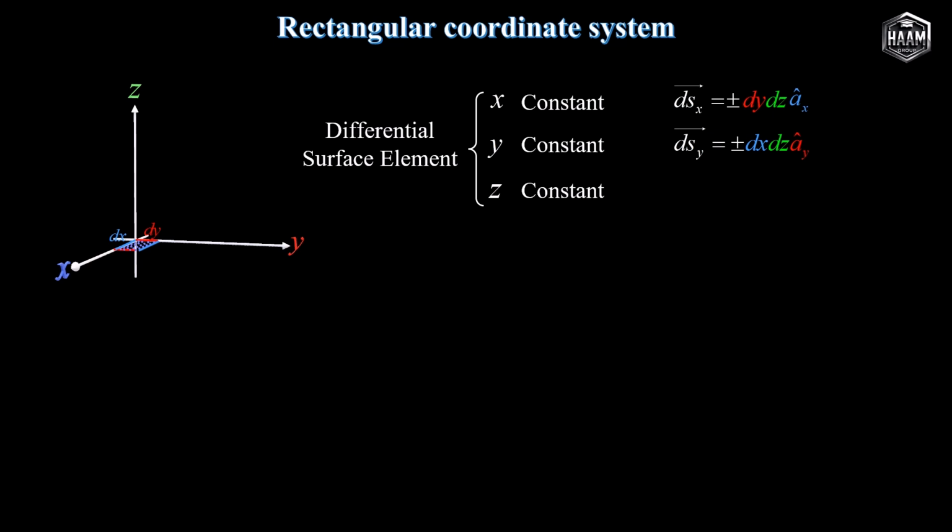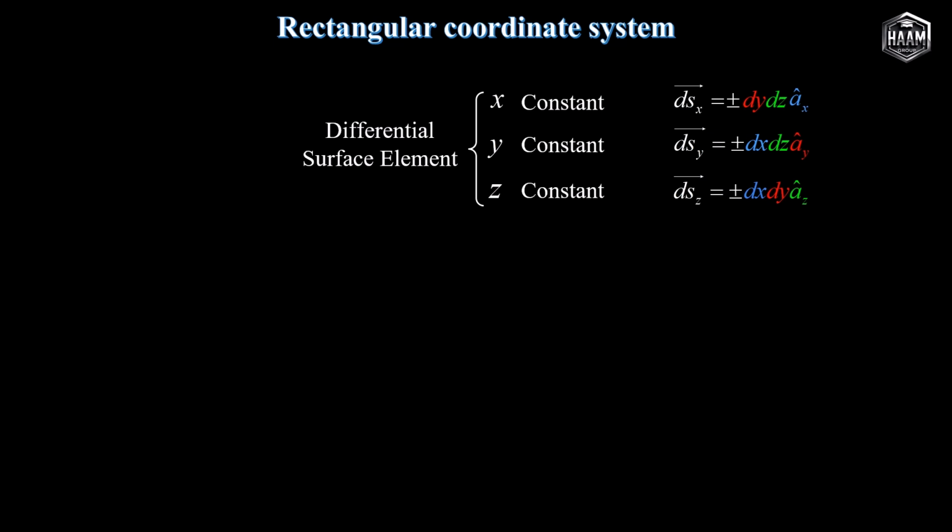The perpendicular to this surface is either positive a hat sub z or negative a hat sub z. Therefore, the vector ds sub z is defined as plus or minus dx dy times a hat sub z. And these three are the standard differentials of the